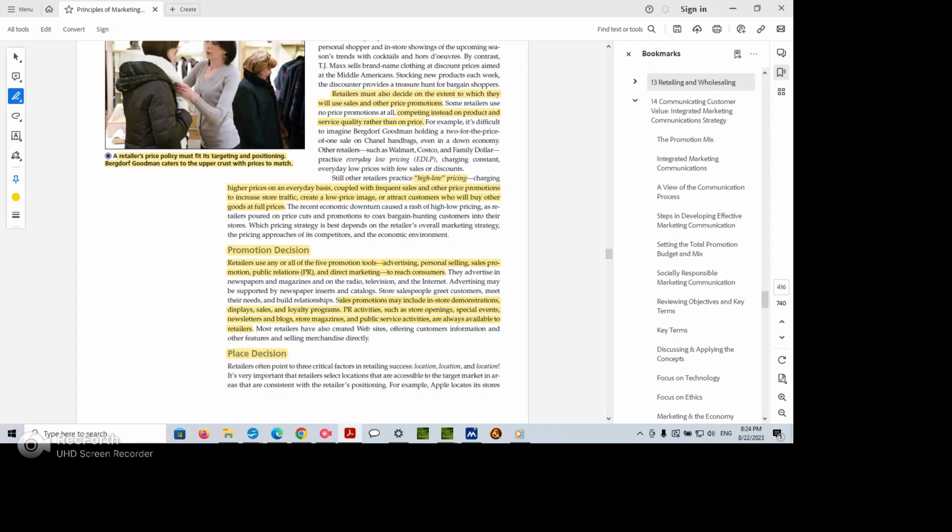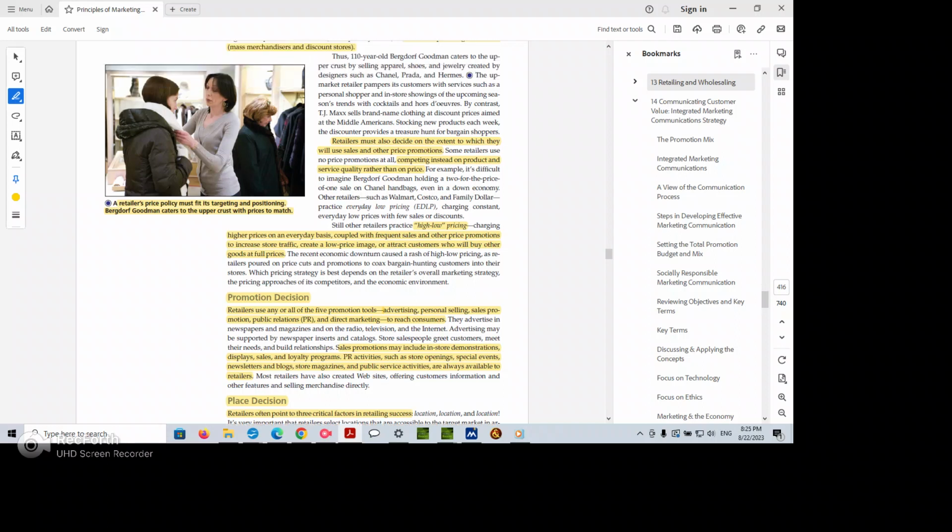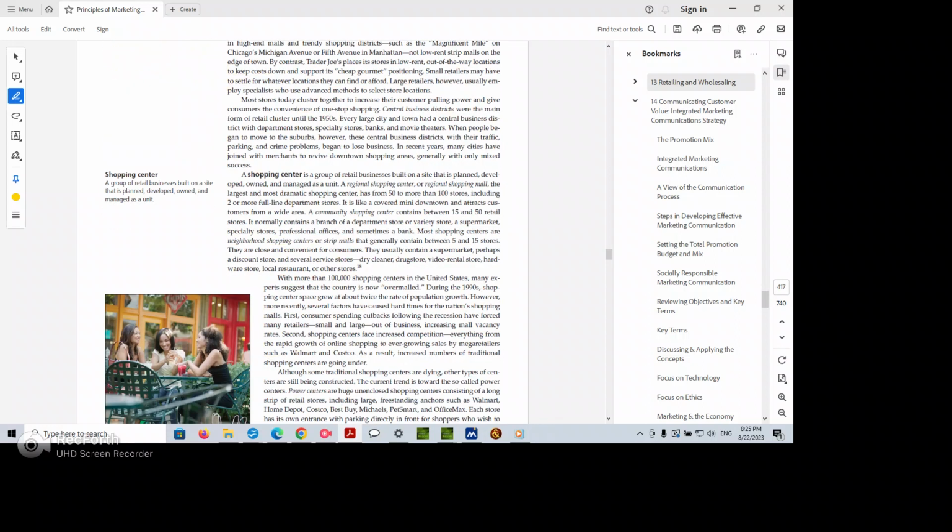Retailers often point to this critical factor in recalling success, which is location, location, location. Remember that as of 2012, this mattered more than in 2023, which is this year, of course. So nowadays, it's easier and more convenient just to advertise on the internet. But not everything can be advertised on the internet, because some things you actually need to experience, such as a car, maybe try on some clothing, those types of things.